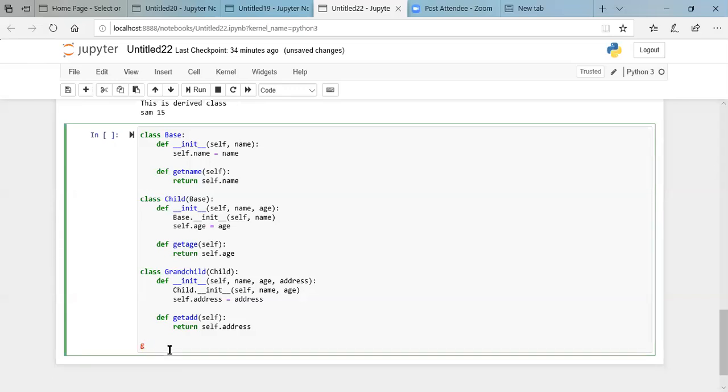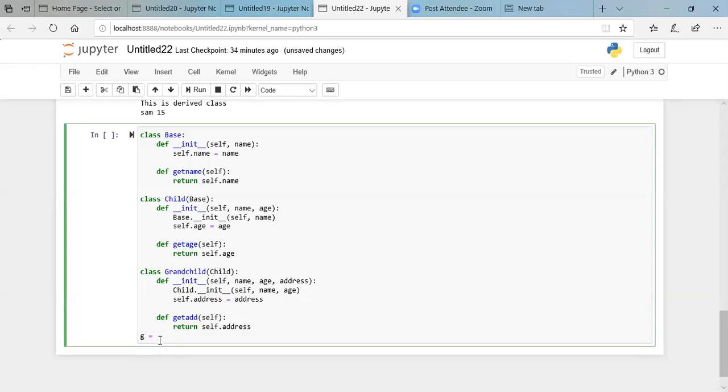G is equal to the name of the class, it's grandchild. Let's say you're passing the parameters as Sam, which would correspond to the name, the age 15, and the address, we'll say Mumbai.